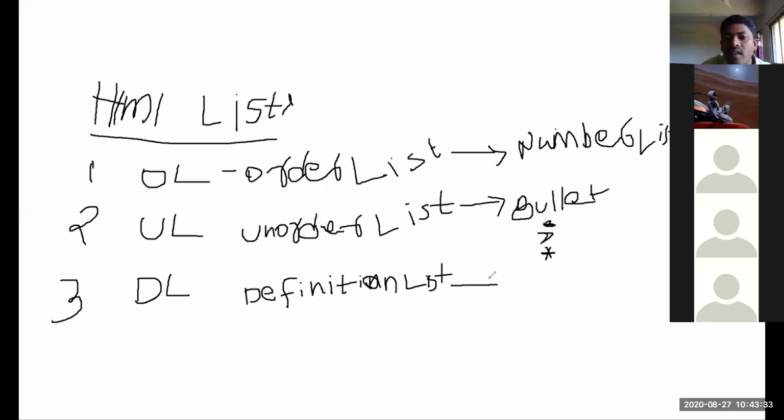Now the definition list, or else we can say description list. This is especially used for a dictionary or else an encyclopedia.